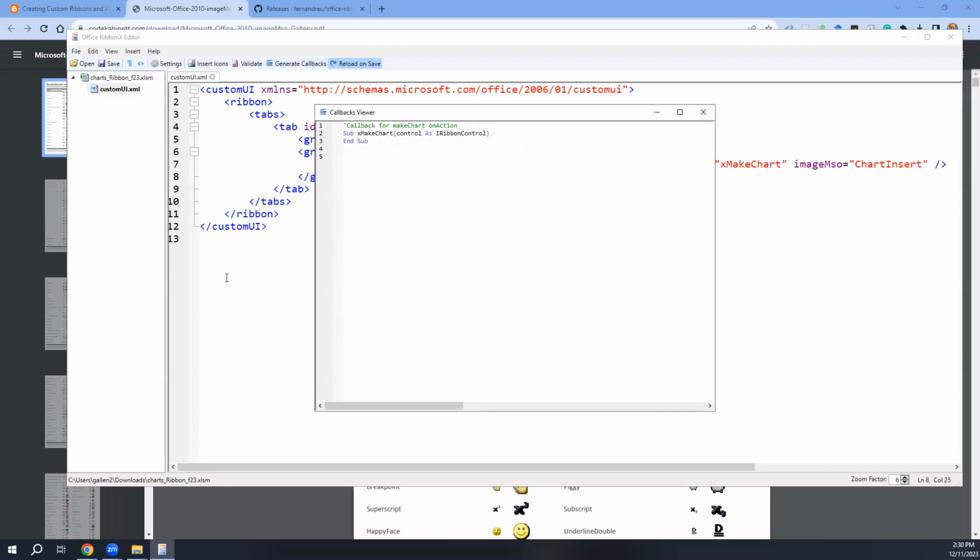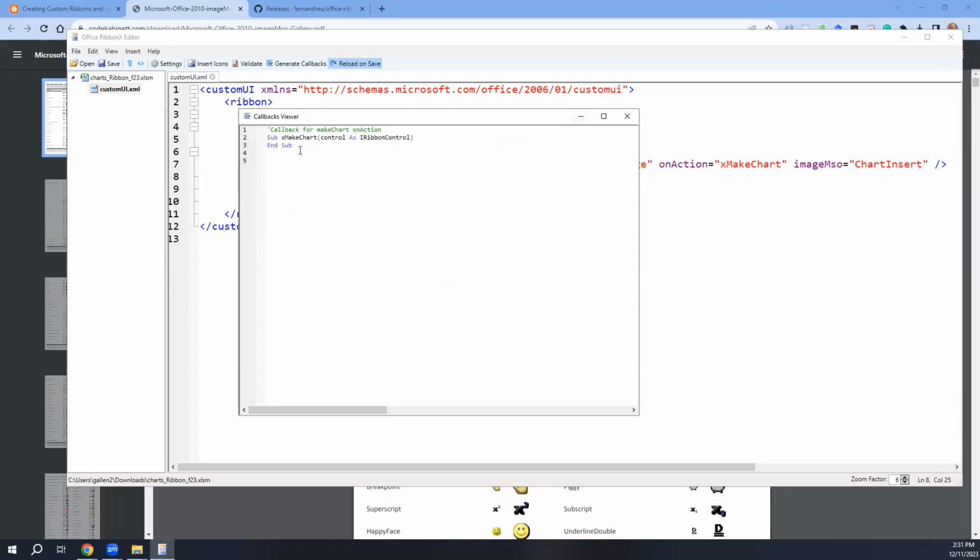This is going to look over my ribbon modification and it's going to find every action on action and it's going to make a little VBA stub for me. Now, Microsoft is very clear: they're okay with you modifying the structure of a workbook this way, but you are not allowed to inject VBA into a workbook. I mean, that would be a security nightmare. And so this tool simply can't put this VBA into the workbook for us. What it does is say, you're probably going to want this code. You can copy it here, and then you can paste it into VBA, but it can't modify the VBA from here. I'm going to copy that,